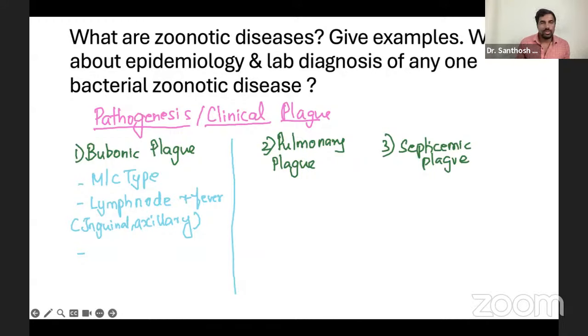It could be any lymph node. You can see bubo, that big swelling that looks like a bubo. That means swelling of the lymph node. So this is the category of bubonic plague, most common type. This is a one mark question also they will ask you, which is the most common type. Okay. Now, next is